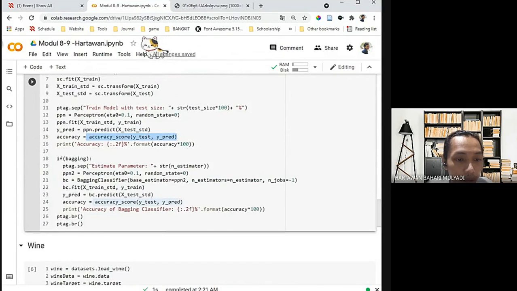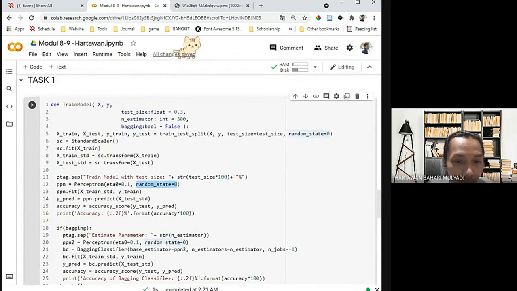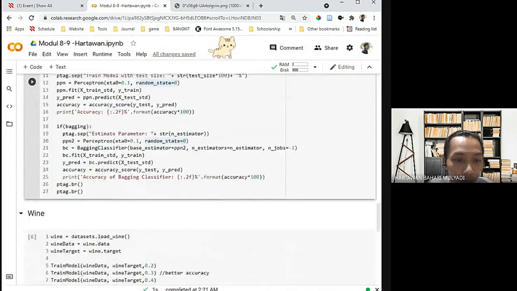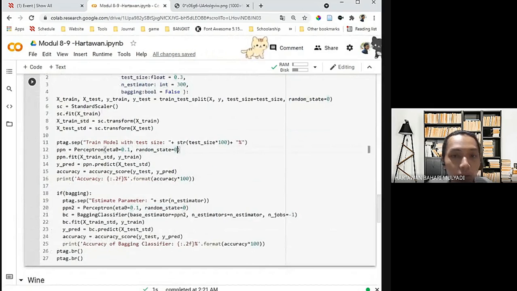If we use bagging, we run the code by setting bagging to true, and next we set the estimator here. For information, we set the random forest random state to 0. It's up to you, but if you want to get the same result as me, you can set it to a certain value. If you set a different value, or if you don't set it, you will get a different, random result.